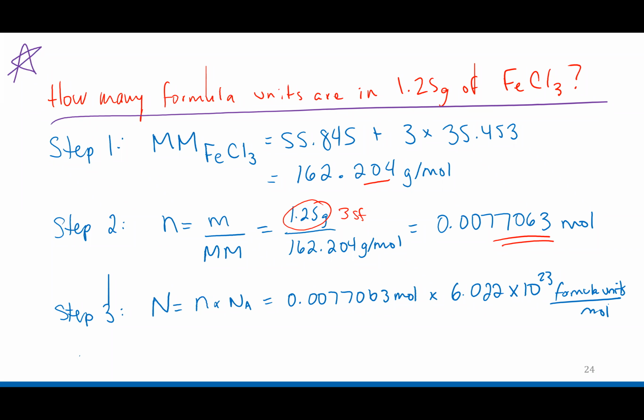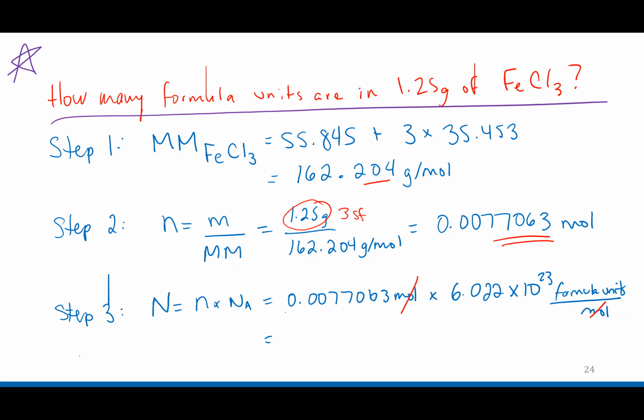My computer's being a bit slow here today, but anyways, no big deal. So I'm almost done. I'll check the chat in a second. I end up getting formula units per mole times moles. The moles cancel, so my answer will be the perfect units. And let's see what I get. So times